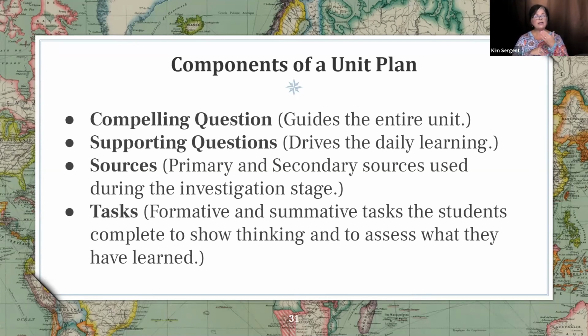Like for instance, they'll be creating a graphic organizer, which also helps feed that formative assessment. They may have a chart that they have to create. They may have a story map, whatever it may be that you want to use. And that's to really help them organize the information. But then once they do all of that, you take them to another task, and that's their formative assessment task, which of course is answering the supporting question. And then the summative, going back to that, is your compelling question.